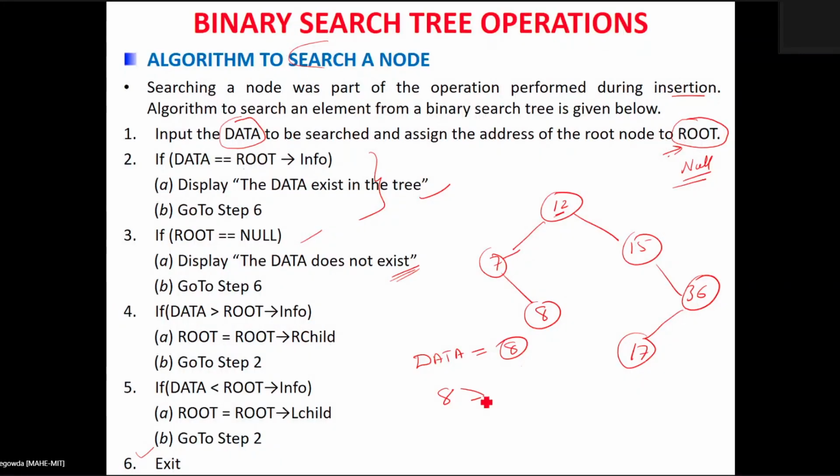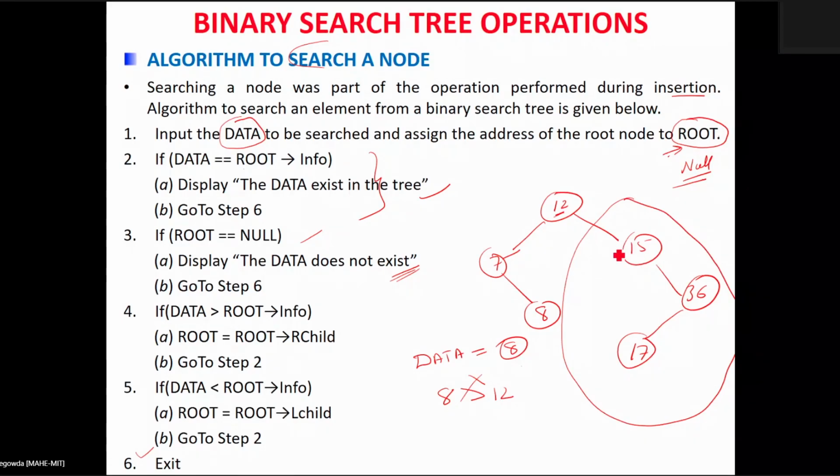I am going to test whether 8 is greater than 12 or not. 8 is not greater than 12. It is understood that the 8 does not belong to the right subtree of the 12. So whatever may be the size of the right subtree, you don't require to traverse it, and we save that many search operations. It is understood that the 8 is definitely going to be present in the left subtree of that 12, so no need of traversing through the right subtree.